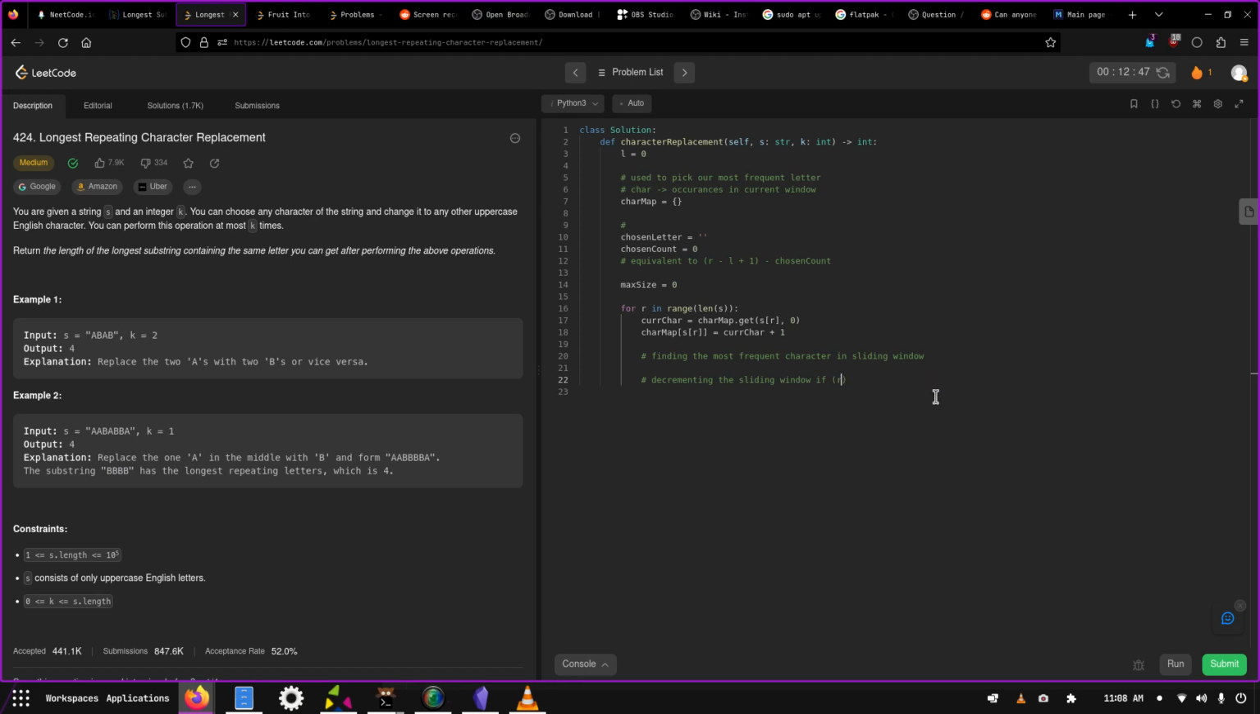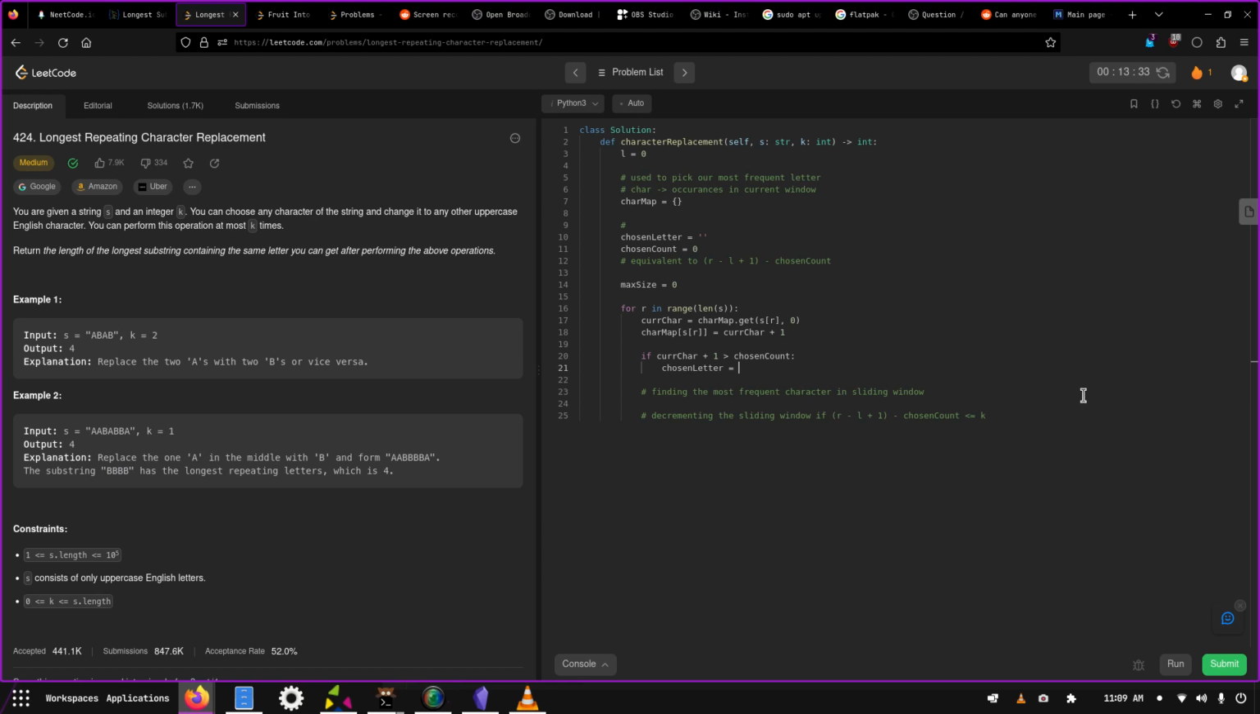Yeah, so r minus l plus 1 minus chosen count. This has to be less than or equal to k. Yeah. So if char plus 1 is greater than chosen count, then we have a new chosen letter, which is